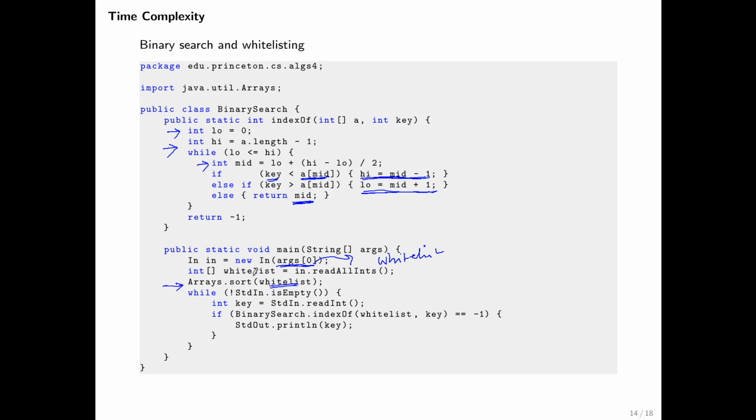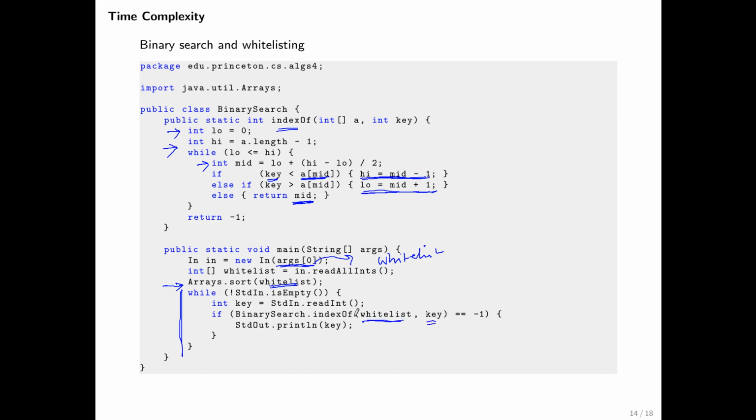Well, because we would like to perform binary search on this collection, but recall that for binary search to work, the collection has to be sorted. So we need to first sort. And then in this while loop, we receive input from standard in. These are integer inputs. So as long as standard in is not empty, we get some key as an integer from standard input, and we look it up in the whitelist collection using binary search, which is this method. So we simply call binary search.indexOf, and we give it whitelist as the first argument, the collection, and the key that we got from standard in as the key that we want